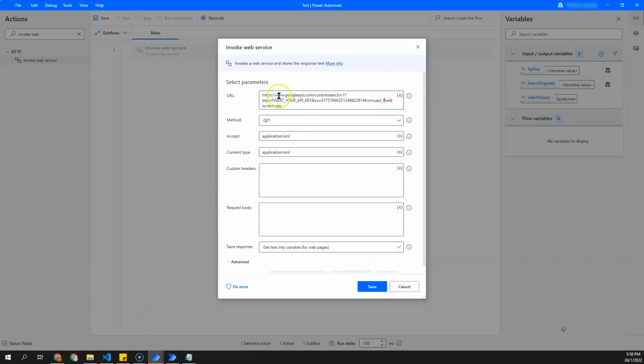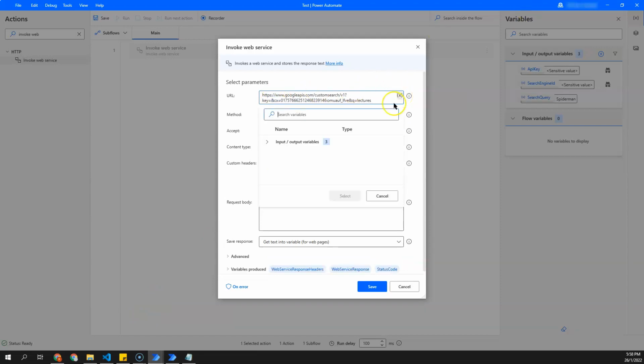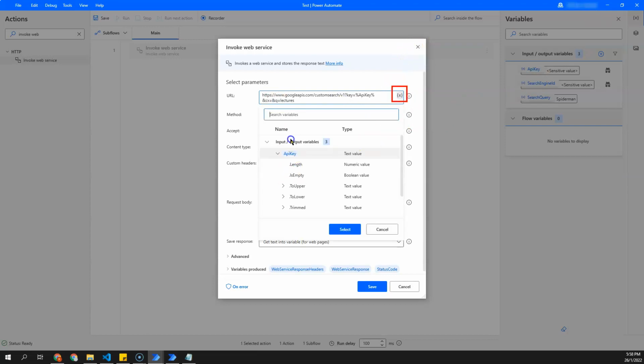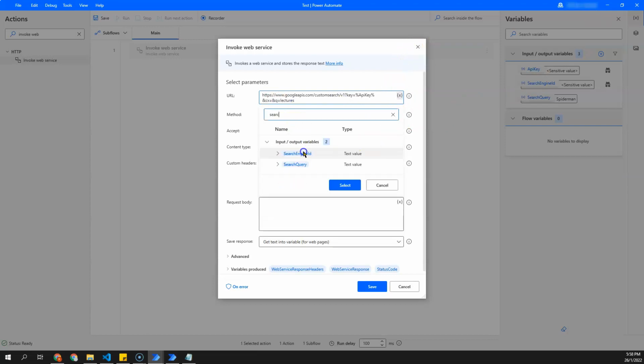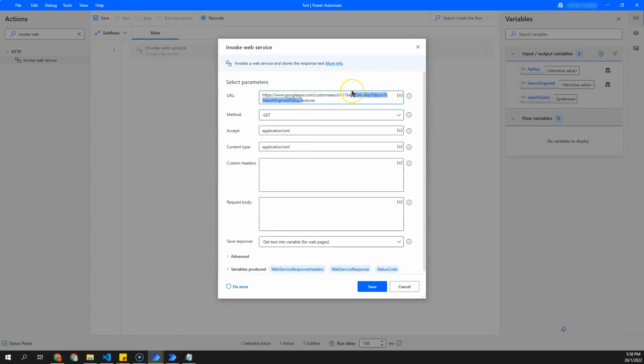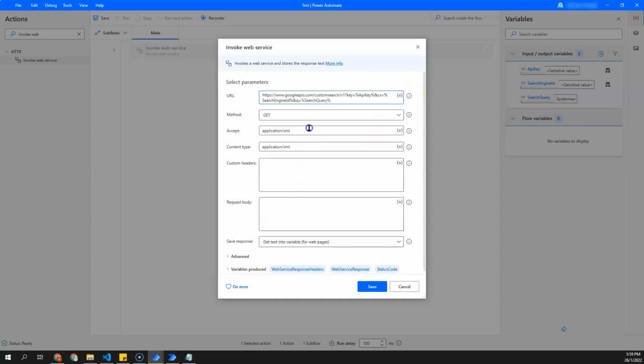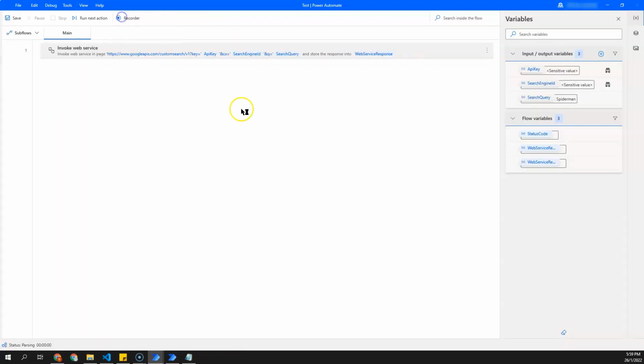And then I'm going to modify this API key and input my variable API key followed by the search engine ID and my query. Also, over here, remember to change it to application/JSON. So when you click save and you run,